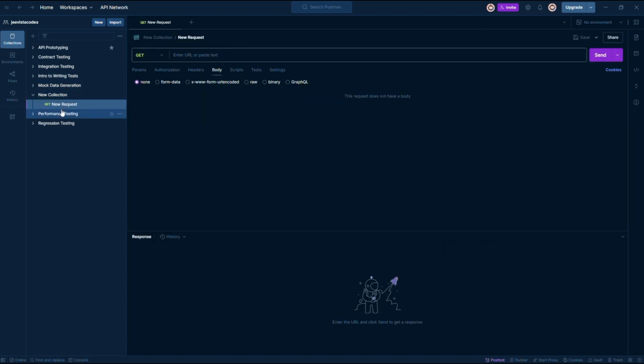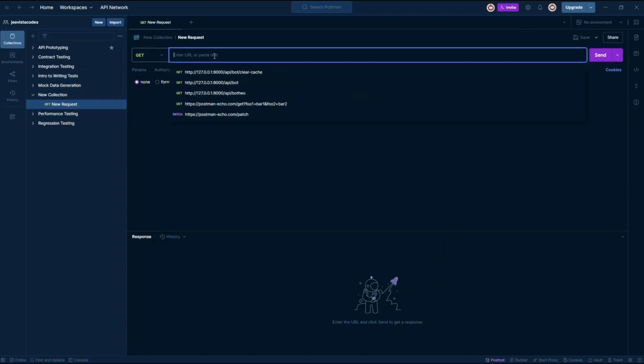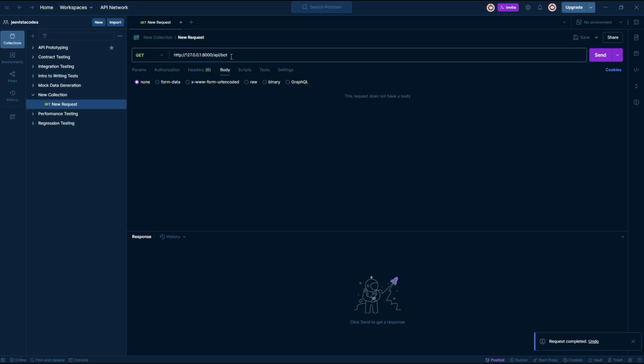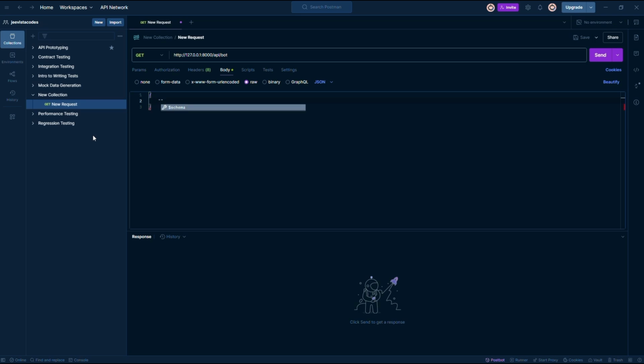So the endpoint is API bot, and we would like to input some data. The data that we are giving to this is JSON, so raw and JSON, and we say prompt. So the key is prompt, and the message that we are passing